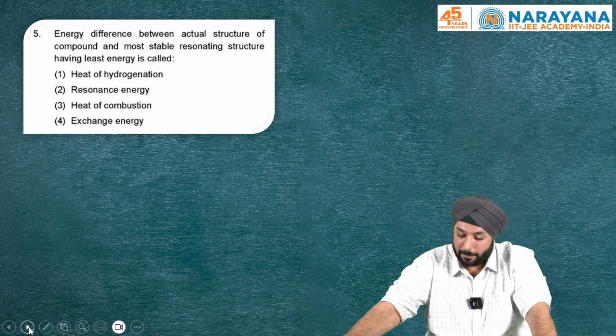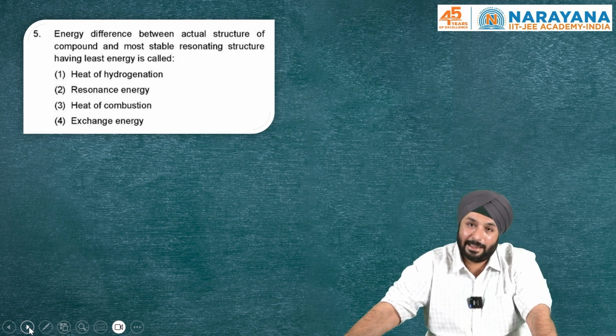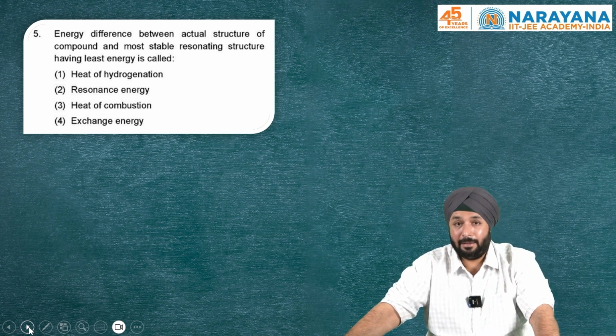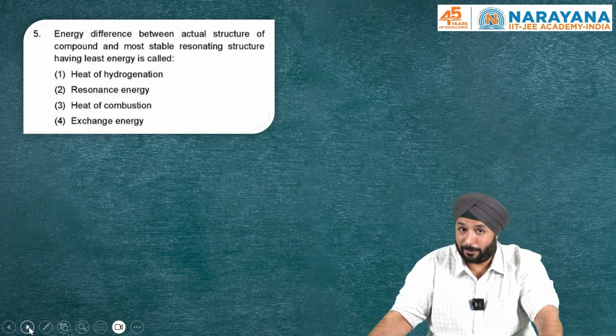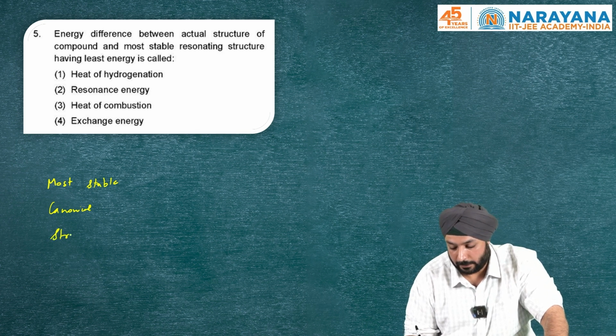Now question number 5, energy difference between the actual structure of the compound and the most stable resonating structure having the least energy is called. See, it is a very standard definition. Whenever you have multiple canonical structures and a hybrid structure, the energy difference between the hybrid structure and the most stable canonical structure